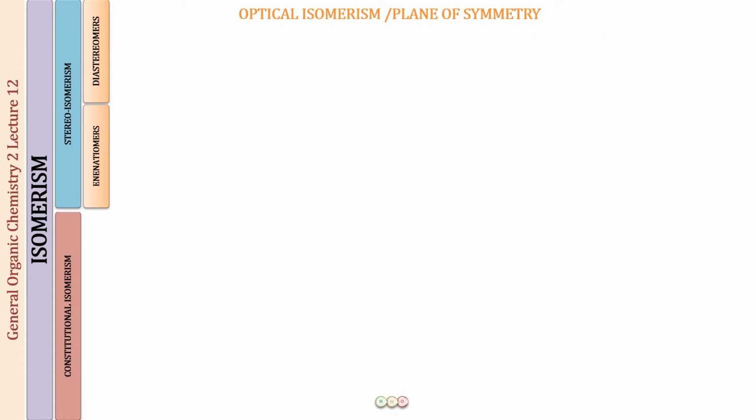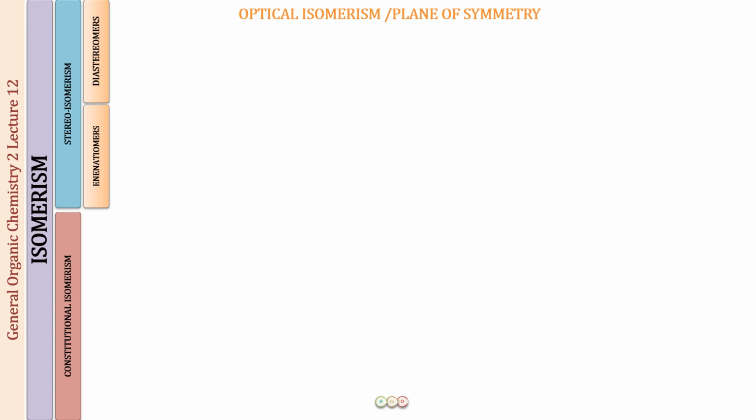So now I hope you have a clear understanding of what we mean by a plane of symmetry and how you are going to identify in the various molecules whether a plane of symmetry is present or not. So now what we are going to do is see the diagrammatic representation of the various molecules, and there we will be trying to identify one by one, learning how we are going to see whether the molecules have a plane of symmetry or not. And for that, it is very essential that you should know how to draw these molecules on a piece of paper.